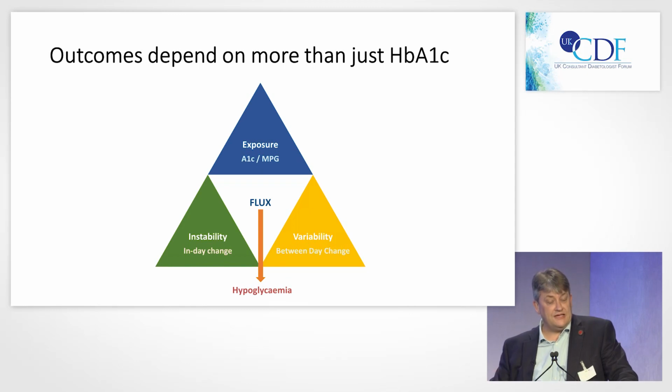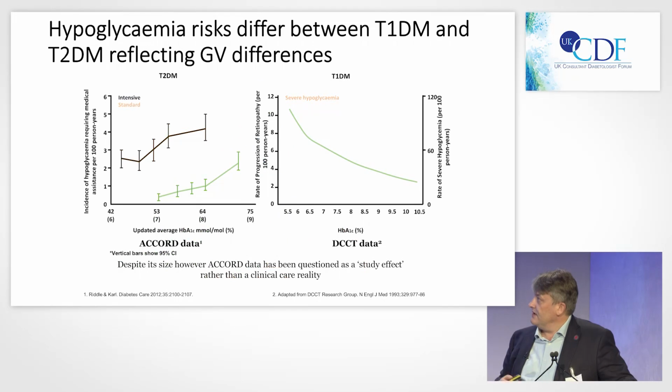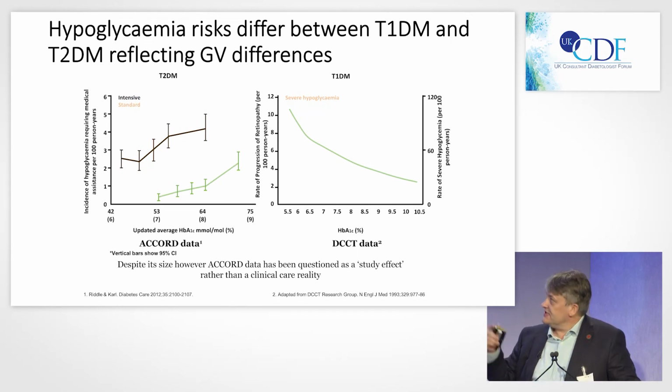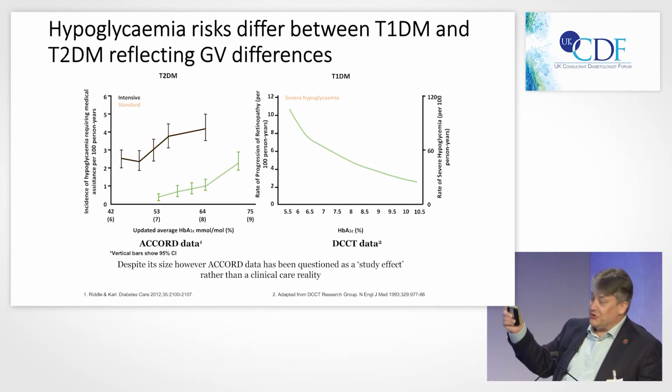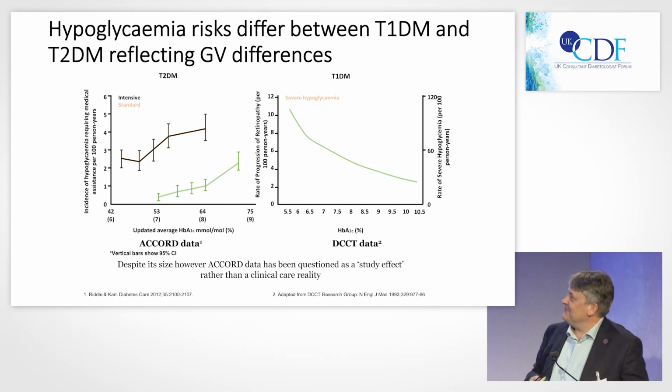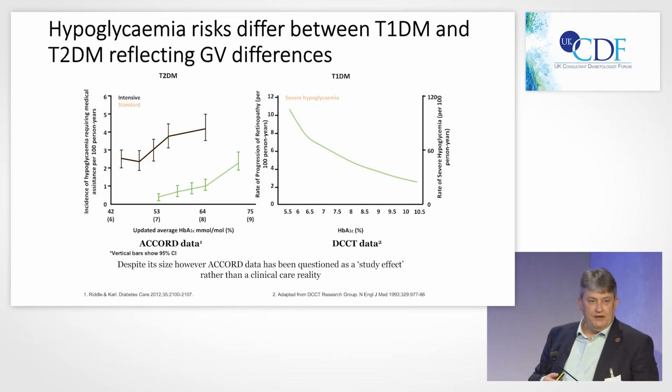Hypoglycemia relates to these variability measures. And if you don't believe me, I want to show you data from probably the two biggest studies that we have in type 1 and type 2 diabetes. So DCCT, my apologies, ACCORD on the left there, which shows the relationship between hypoglycemia in that study and the